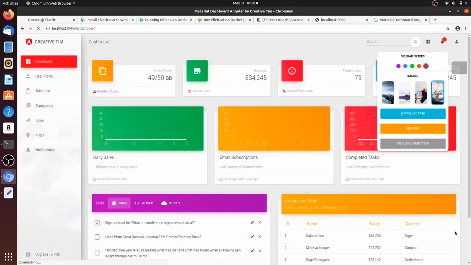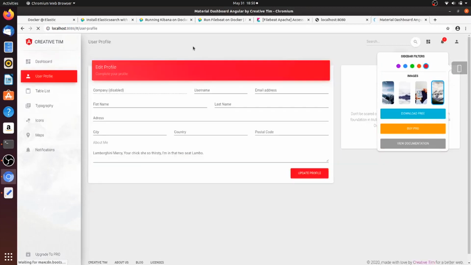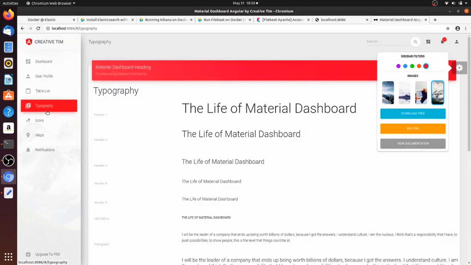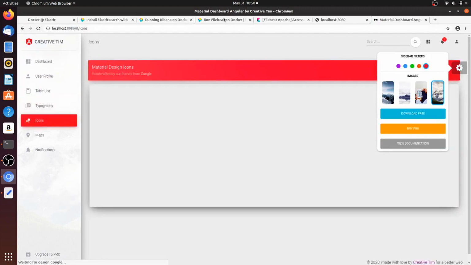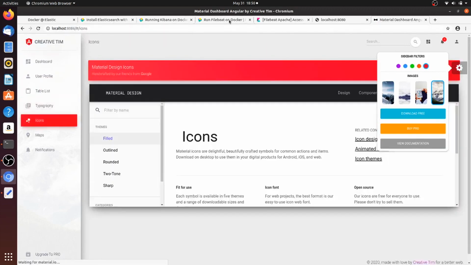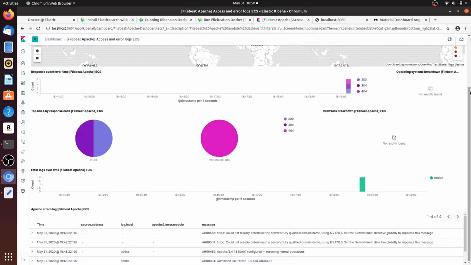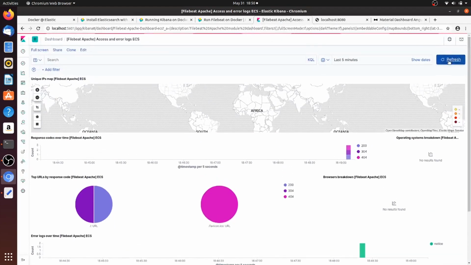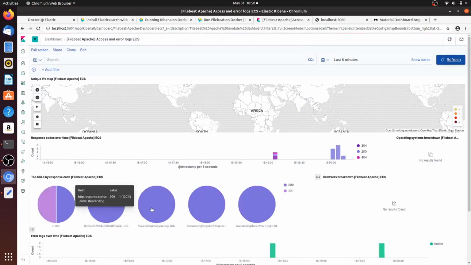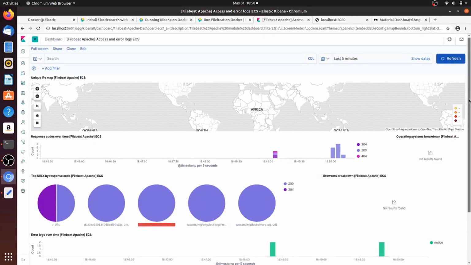So it is starting. This is a sample Node application. Let's see if there is any change in our dashboard. I will just give refresh. You can see a few more context paths, the values got added. These are the URLs which we have accessed recently.